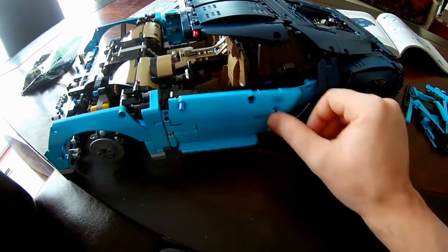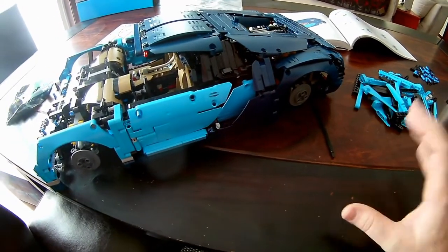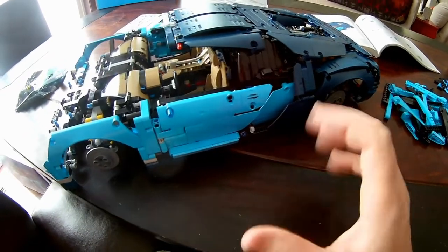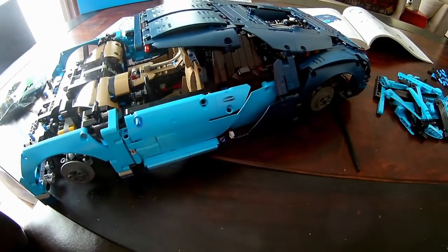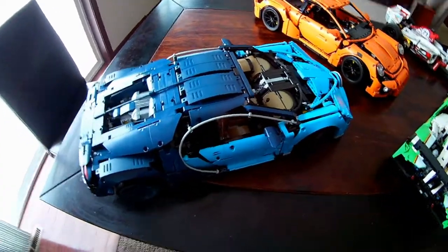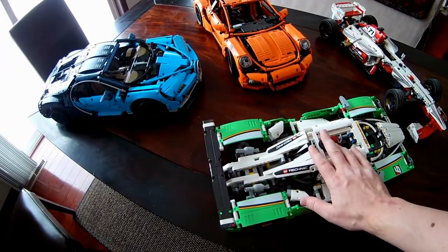So I'm going to finish it up, and then I'm going to pull out some of my other bigger Lego sets and kind of give you a compare and contrast system. So I've realized the video's getting a little tad long at this point, so let's start wrapping things up. And here we are, we're finally done. Now I wanted to show you kind of in comparison what it looks like to the WEC car, also the